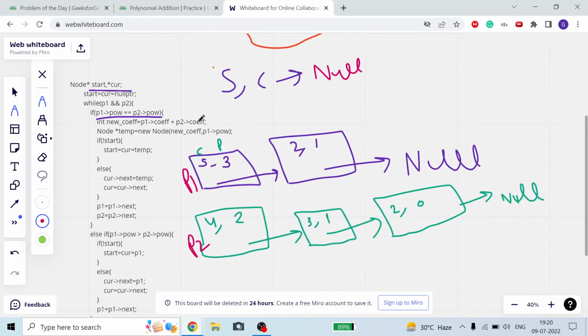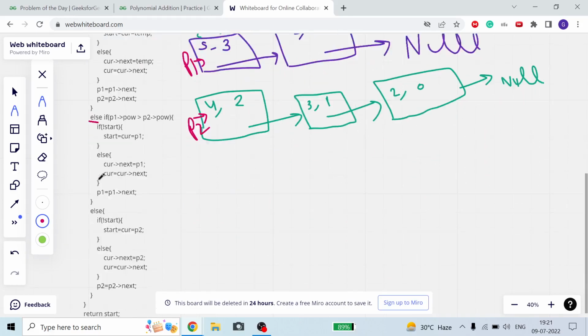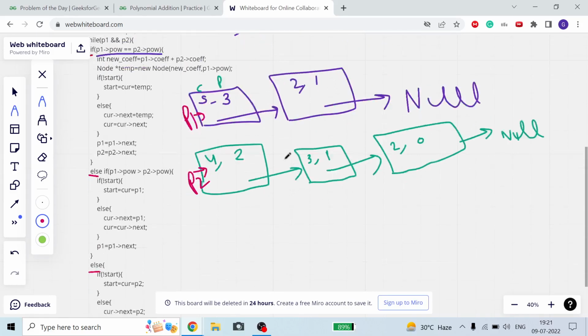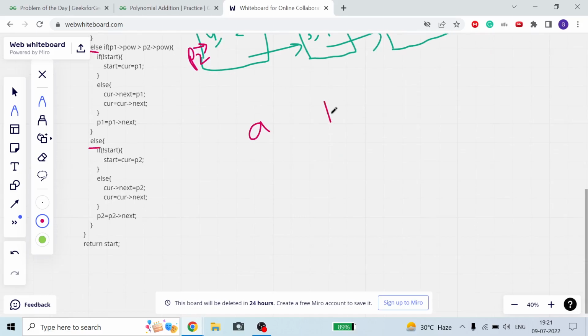While p1 and p2 point to something, p1 points to this and p2 points to this. Now if the powers are equal, this has power 3 and this has power 2, so the powers are not equal. So I will come here: this is the first if condition, this is second, this is third. In these three if-else conditions, two polynomials have powers a and b.